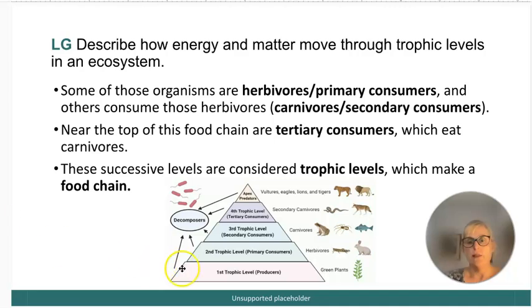Down here at this picture, you can see our producers are at the bottom of our trophic levels. Our second level is our primary consumers. Third level is a secondary consumer. Fourth level is going to be tertiary. And then we have our apex predator. Our apex predators are the top of the trophic levels. Sometimes this particular trophic level pyramid shows 5 layers, but sometimes it's only 3.